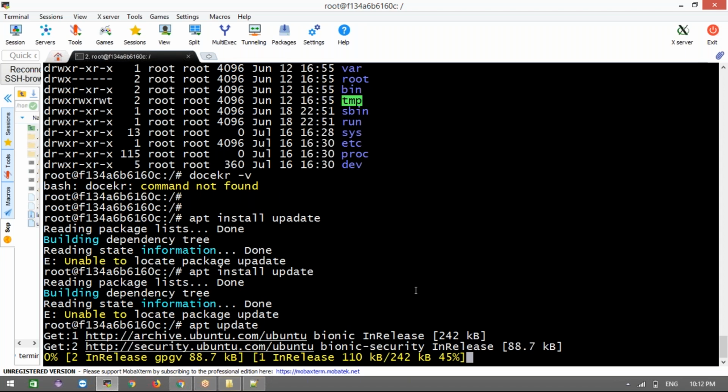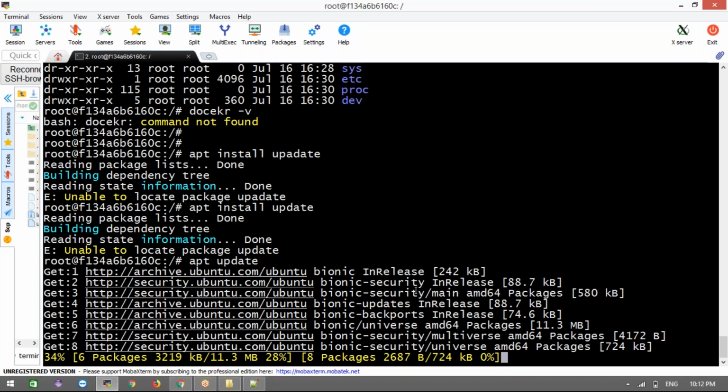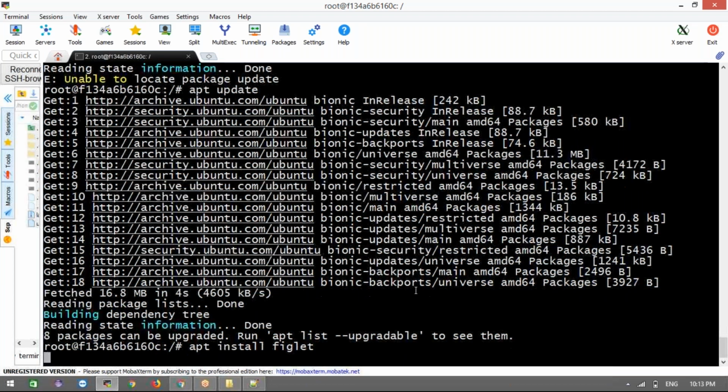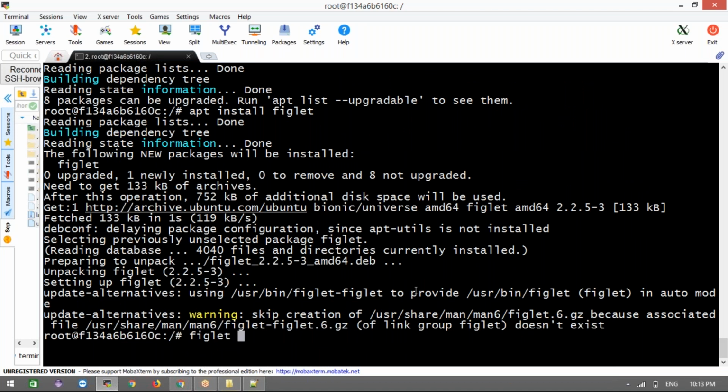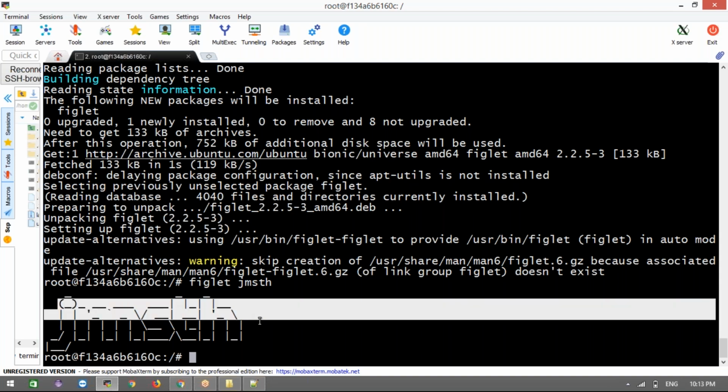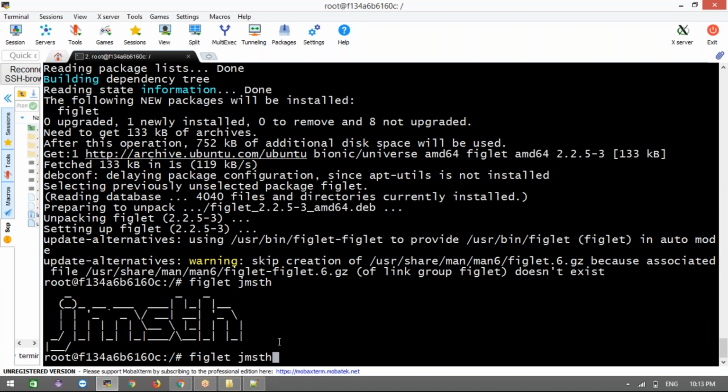Now I'm going to install it with apt install figlet. That could be anything, Figlet is just one software. I will tell you what this Figlet is. You can install any software you want. Now see, figlet. What will this software do? It will give special-look characters, very nice like this. The purpose of this software is to give a stylish font, right?